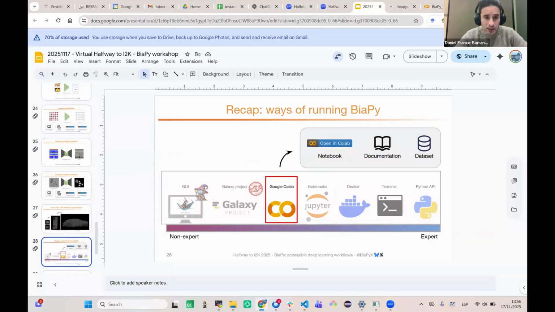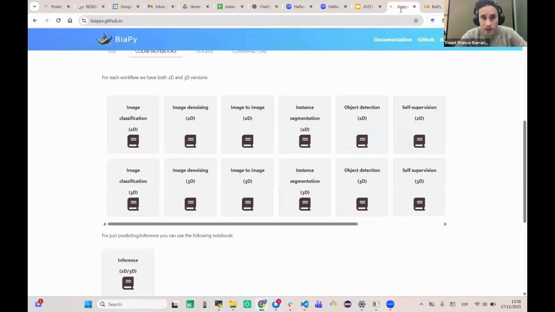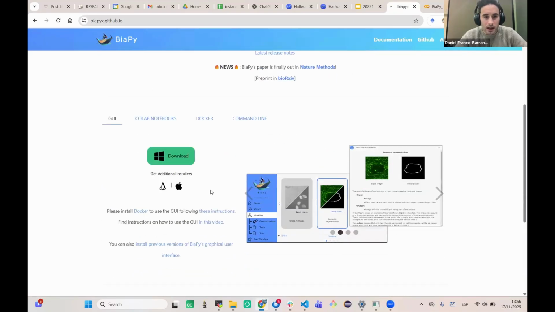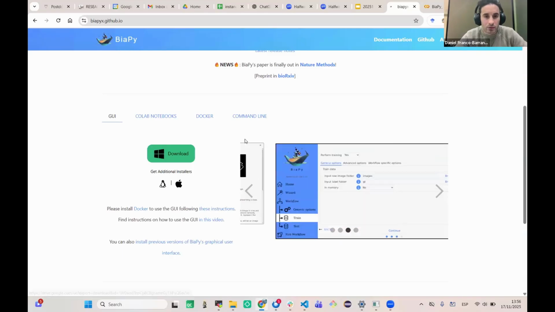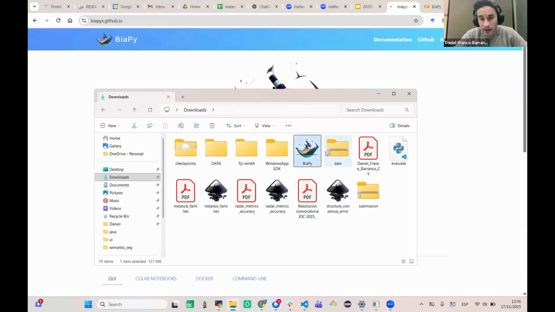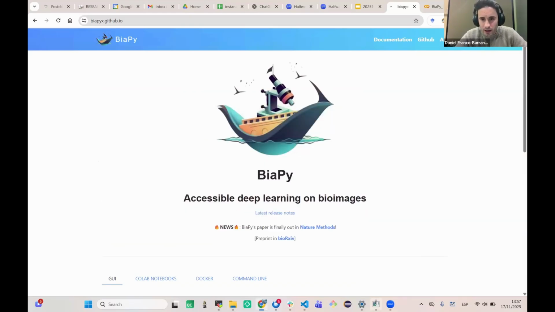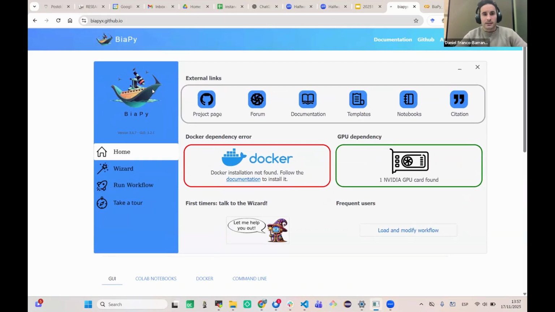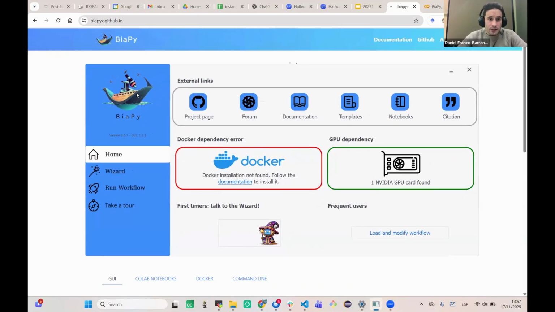Okay, so I want to briefly show you the graphical user interface. If you go to the landing page, in the first tab you will find a button to download the graphical user interface. I have already downloaded the binary, and once you run it, you will have something like this. And this is the graphical user interface to do the same thing that we were doing